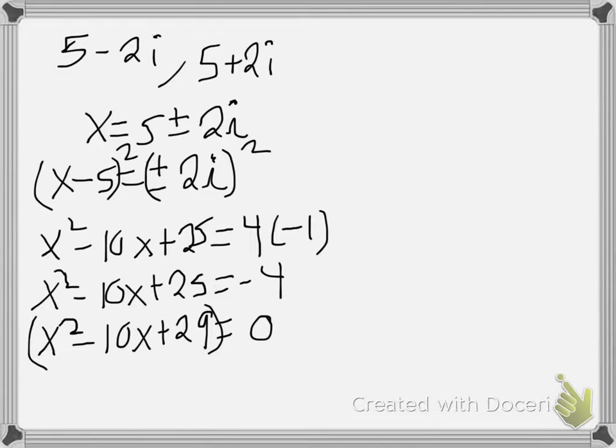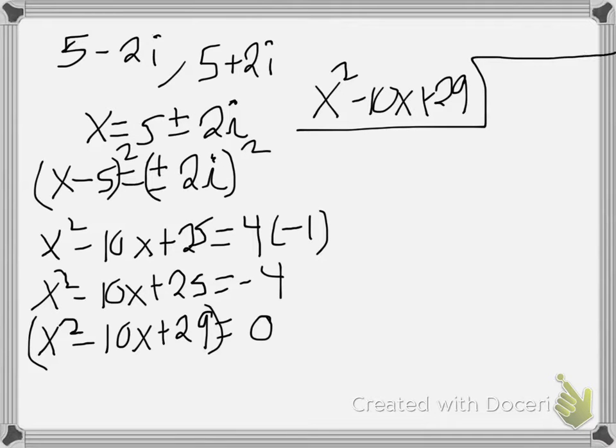So what I'm going to do is say, okay, if this is a factor of that polynomial, if I divide that into the polynomial, I should get my other factor, and if I find my other factor, then I can find my other 0. Remember, the degree is 3, I should have 3 zeros. I already know 2 of them. Let's find our third one. So since this is a factor, I'm going to do x squared minus 10x plus 29. I'm going to divide it into x cubed minus 7x squared